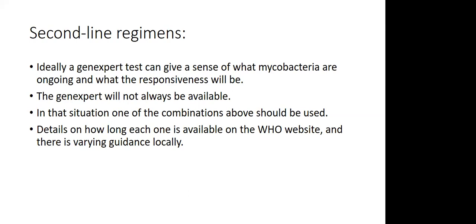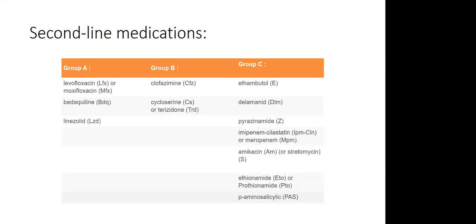Really, the principles include that you want the child to be on something that you know they're going to tolerate. So just be aware, for example, streptomycin is not bad, but you're usually giving it as an injectable, and it can have really bad effects on the kidneys. So you've got to be very, very careful with streptomycin. In a child, you may want to move back to using levofloxacin and linezolid instead, perhaps continuing your pyrazinamide and isoniazid, but putting in levofloxacin and linezolid, and that would hopefully get you through.